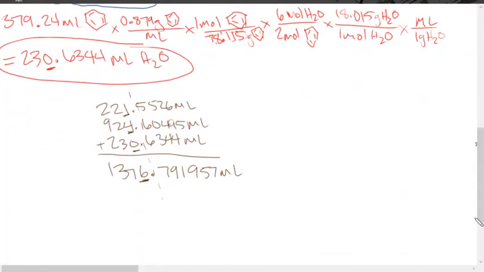So this number times 0.976 is going to give us our actual yield, and that's going to be in milliliters. So take that number times 0.976 equals